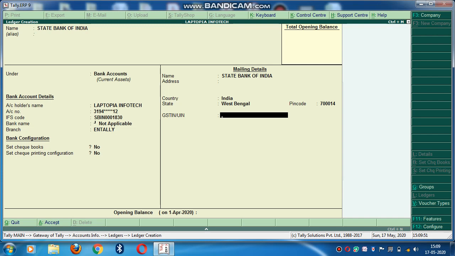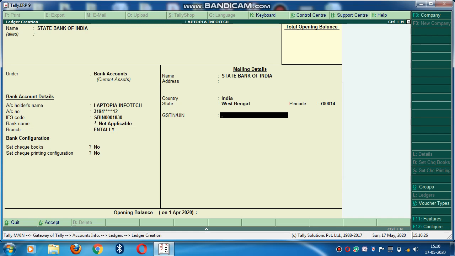GST number of the bank: if you know it, you can give the GST number of the bank, and if you don't know it, there is also the UIN number, meaning unique identification number. All companies, banks, financial institutions or professional institutions have this number, and without it they can't run, whether they come under the government sector or non-government sector.